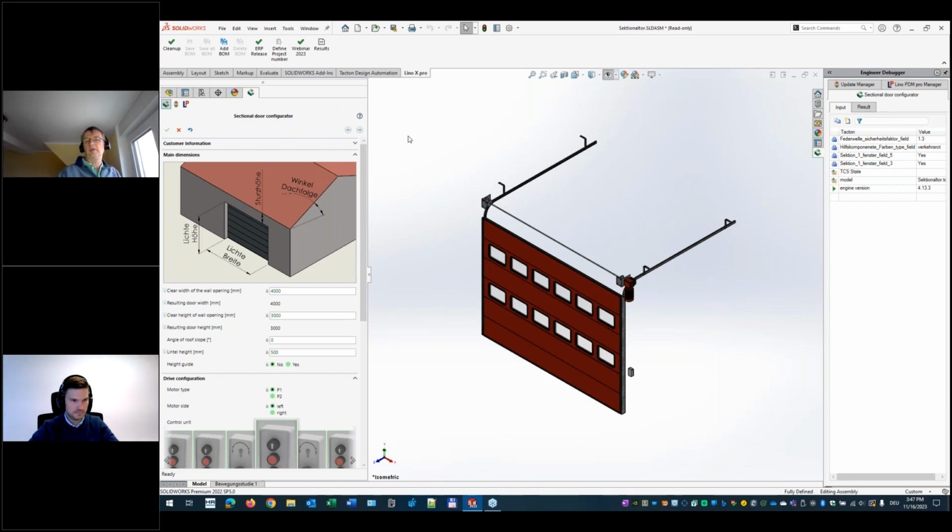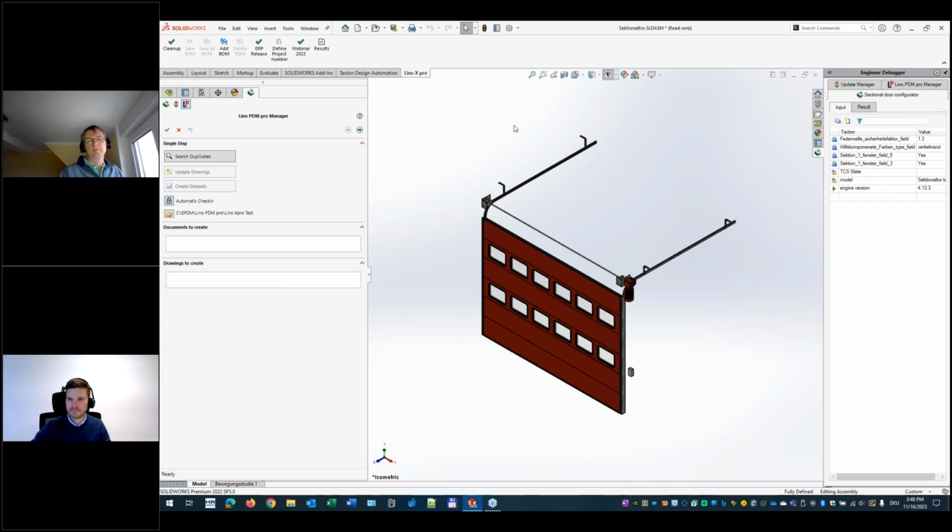And the principal work is, an engineer or a sales engineer configures the necessary variant, and then he goes to the Lino PDM Pro manager, and